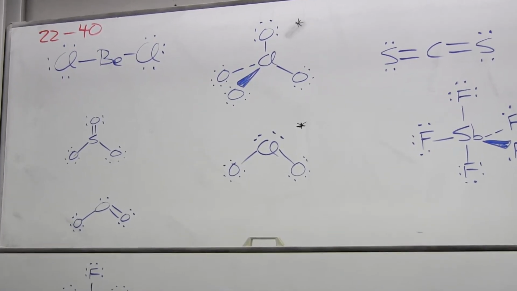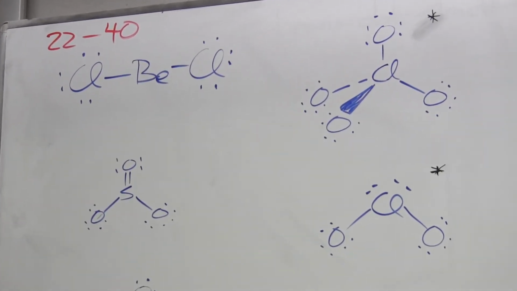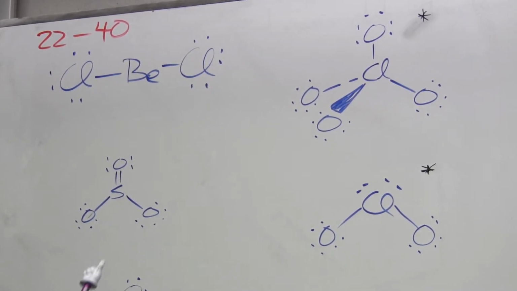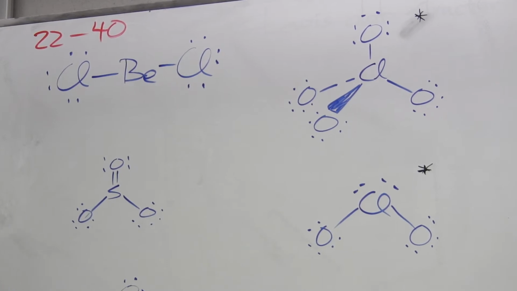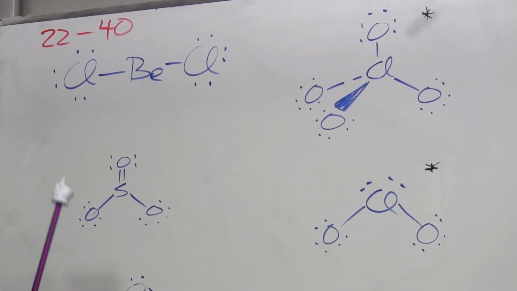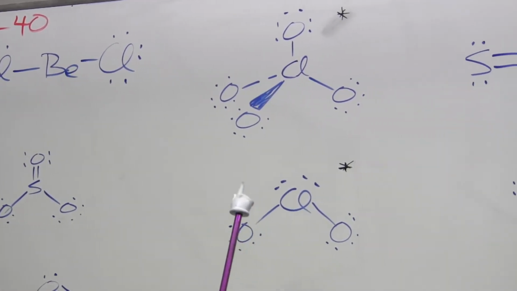The beryllium dichloride is very straightforward. I don't want to go into how I would draw that because this is following the rules that we already have covered in the written part of the test. So that is not going to be anything new, and this is going to be true for all the molecules with these 2 exceptions, and I'll discuss those in greater detail. So in this case, I have beryllium dichloride. I've got the